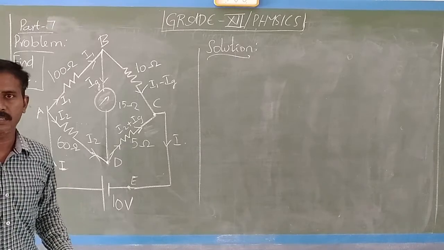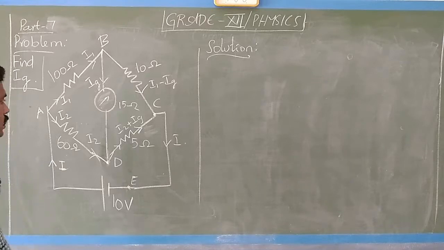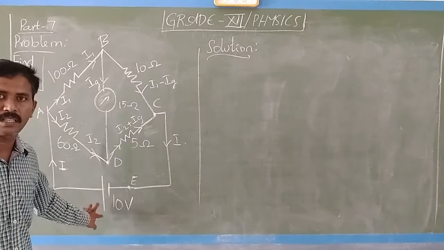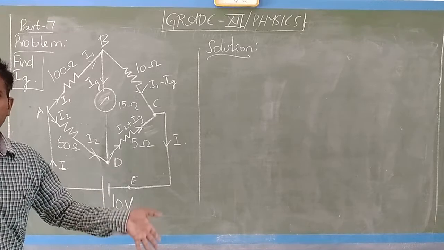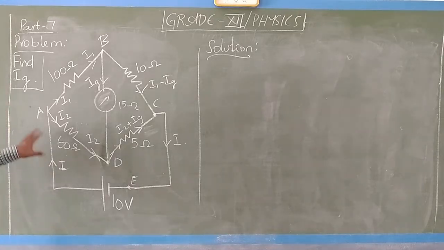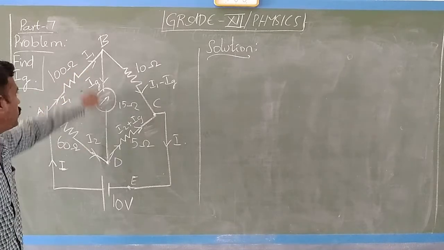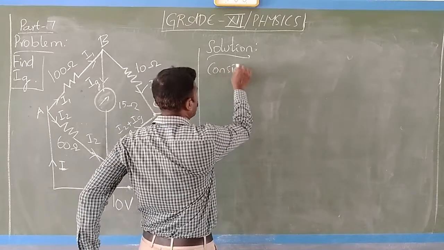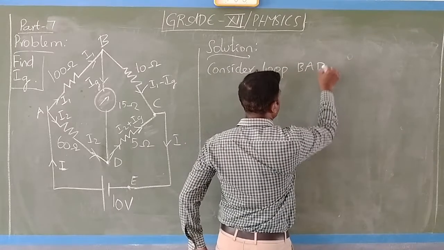That is our smartness. We can take the loop where our data is perfect. It will be very smart that if there is a constant, say a cell, and you take the loop containing that cell, you will have one piece of data, 10, that has no variable. Then we can clearly get one equation. We can solve it. I will show you how to do it. So first I will take the loop inside, B, A, D, B. Okay, first consider loop B, A, D, B.